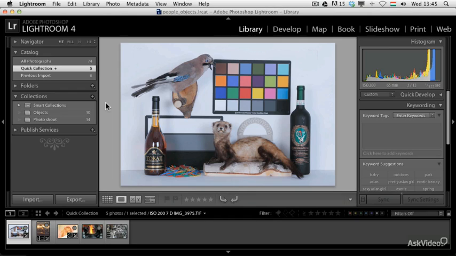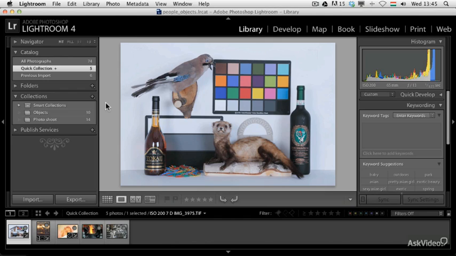There are a couple of things in Lightroom which you should do whenever you take a photograph, but especially when you take photographs of objects. First of these is the white balance. To set the white balance correctly, you can use several features, but probably the best is to use the eyedropper